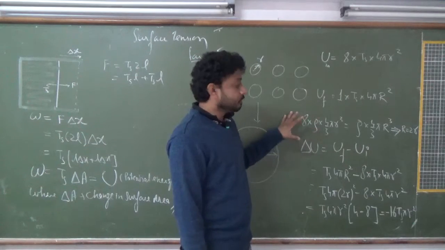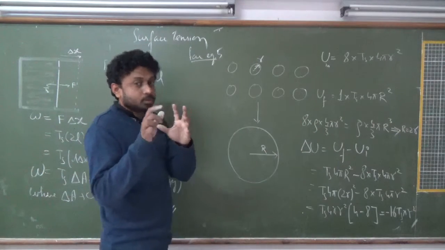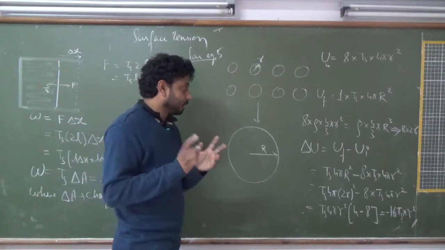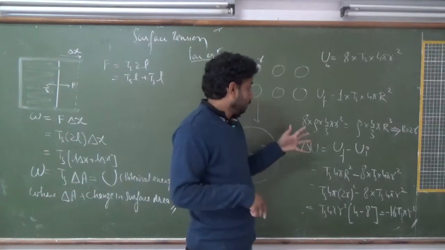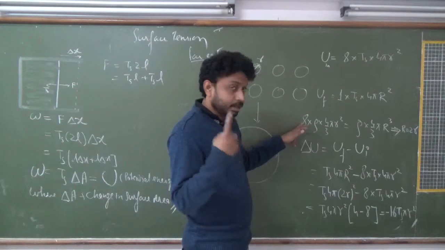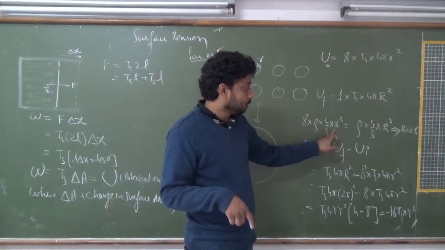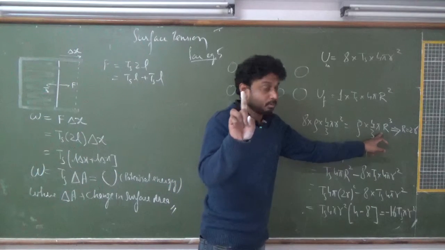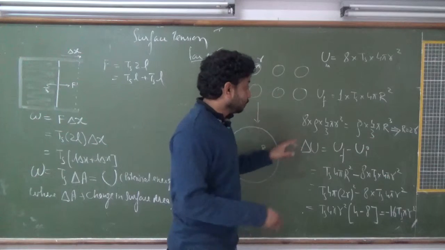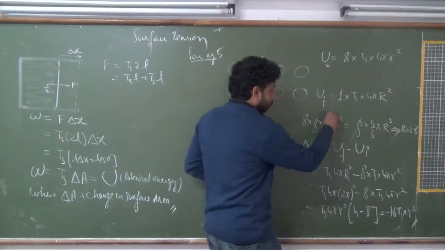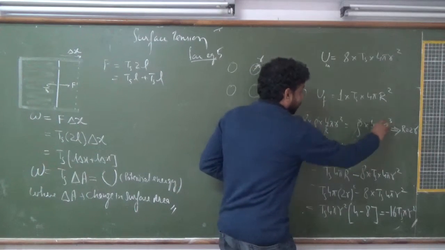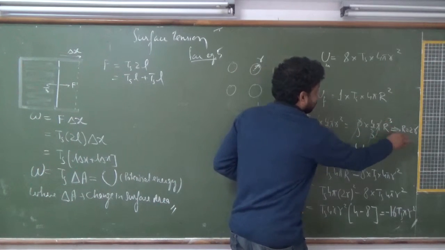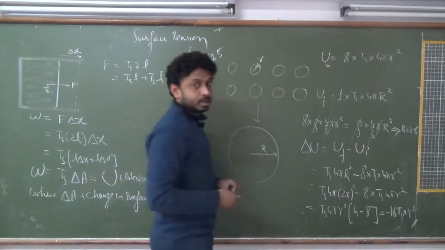So to do so, I am using the concept of conservation of mass. You cannot destroy mass. You cannot create mass. It can neither be created nor destroyed. So 8 drops into density into volume will be equal to rho, density, into volume of one single big drop. From this equation you can see this rho gets cancelled out, 4 by 3 cancels out, pi gets cancelled out. So you have 8 r cube equal to capital R cube, that means capital R equals twice of r.